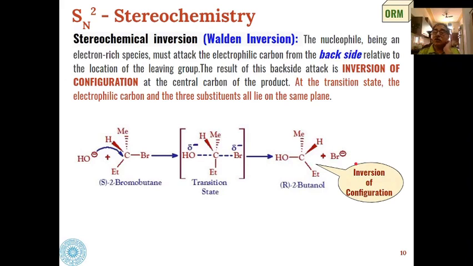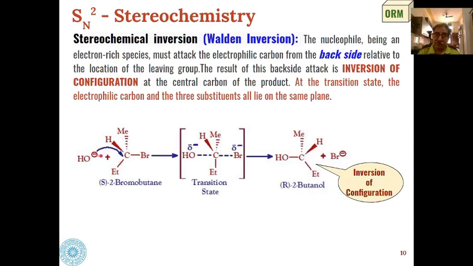Now, first is stereochemistry of SN2 type of reactions. As I have told you, there is a complete inversion of configuration in case of SN2 type of reactions, and such inversion is called Walden inversion. So here, say we are having this substrate 2-bromobutane, and because this is a chiral compound,